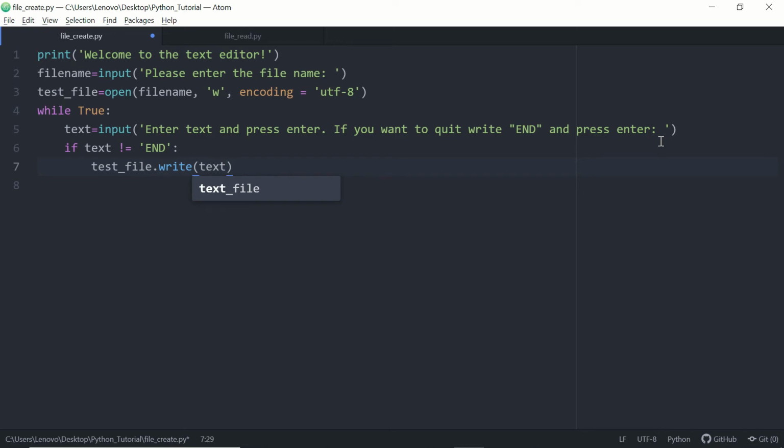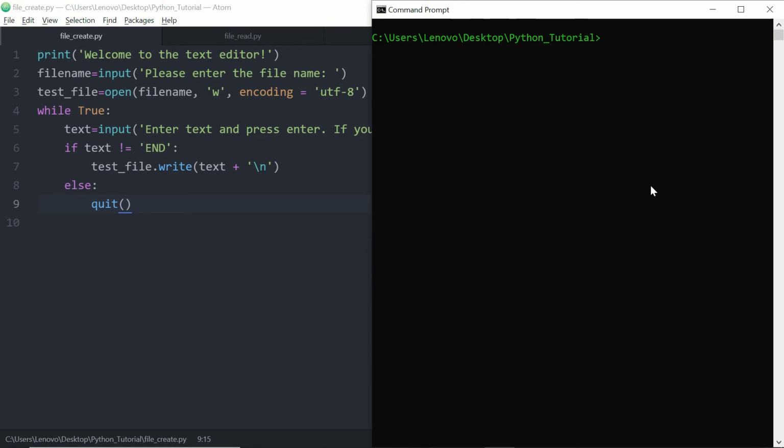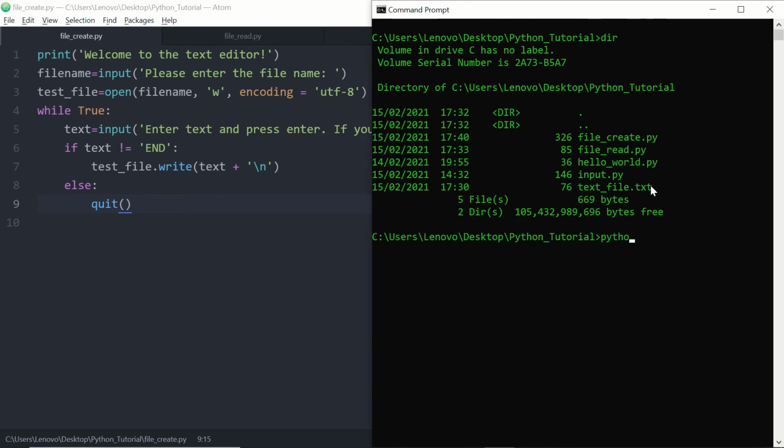However, if you recall from our previous example, it's much better to include a \n so that we create a new line after the text. And in case of else, this means that text is equal to end. We are going to quit from the program. Let's see if it works. Let's write Python